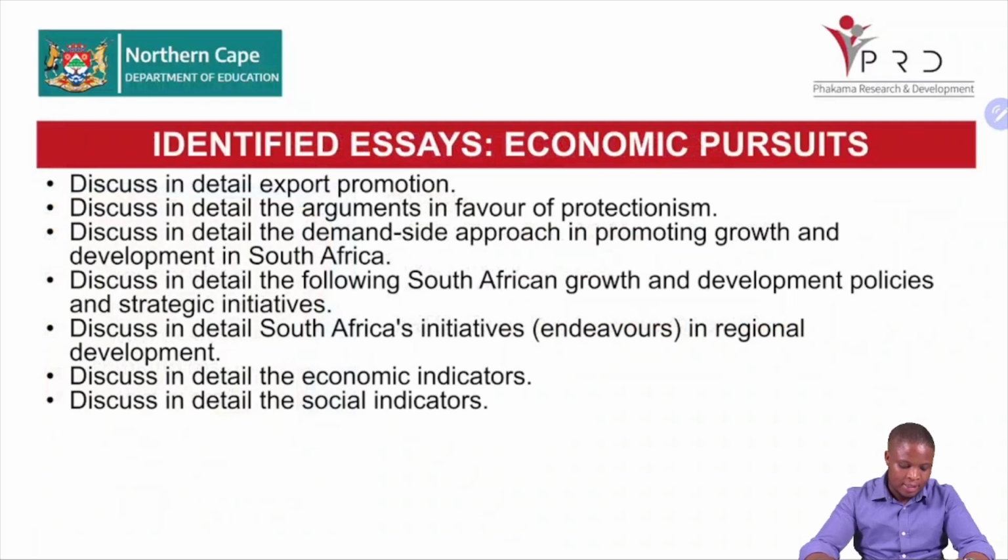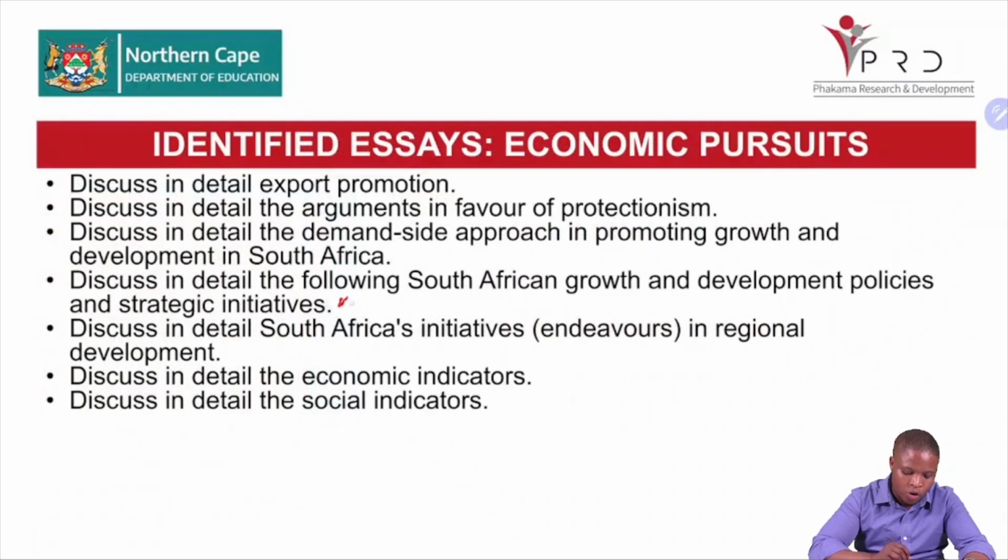So you can expect: discuss in detail export promotion, discuss in detail arguments in favor of protectionism, discuss in detail the demand side approach in promoting growth and development in South Africa, and then discuss in detail the following South African development policies and strategic initiatives. These are the endeavors where you are discussing your SDI, IDZ, SEZ, and corridor. It's called discuss in detail growth and development policies and initiatives. Those are the endeavors. And then the other essay that we have,